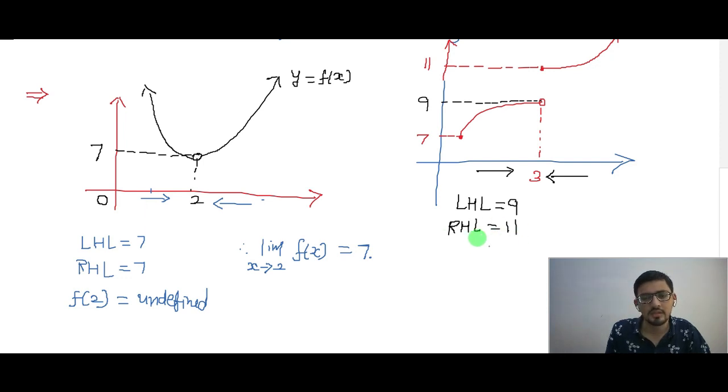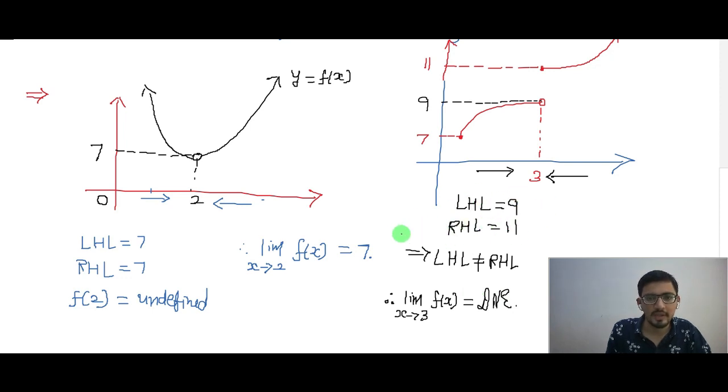And what is it? 11. But very clearly you can see here LHL and RHL are not equal. Therefore, for this function limit x tends to 3 f of x, what will you write? Does not exist. Okay, for this function limit x tends to 3, what? Does not exist. I hope this much